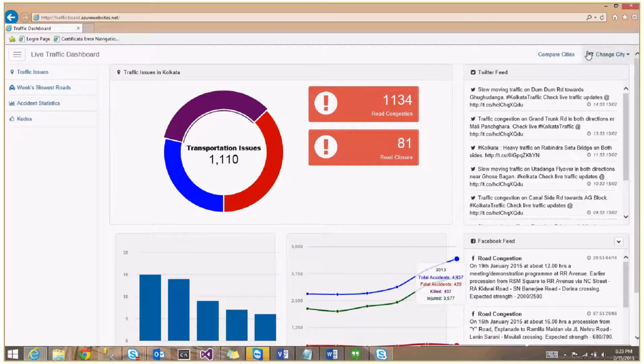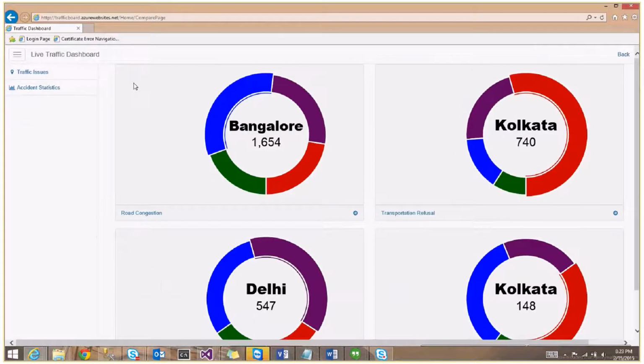We can also compare the traffic issues among different cities by clicking the compare cities button. Here we are displaying the number of cases reported for the issues which were common across these cities.